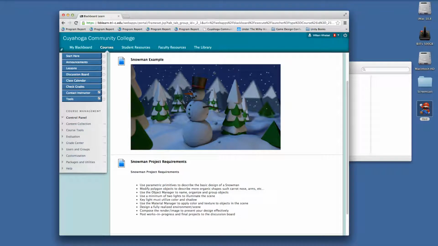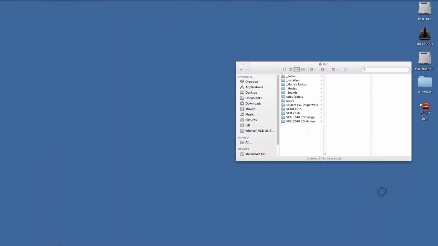So now that I've got a sense of how Cinema 4D works and I've had some time playing around with the interface, let's get started by working on our first project, and we'll try to design a snowman scene. I have an example here posted in Blackboard, and in order to get this project started, I'm going to go out